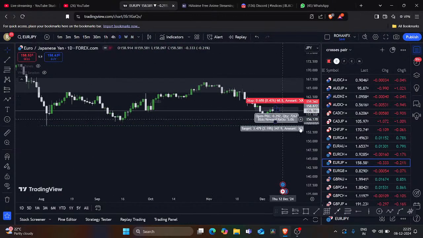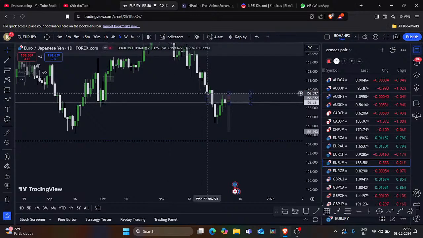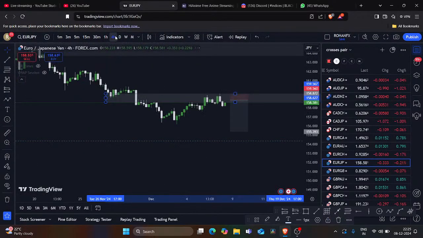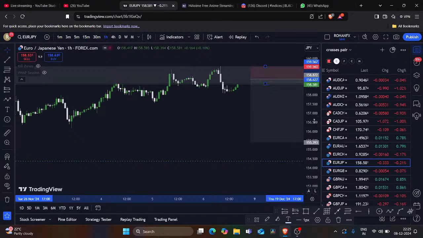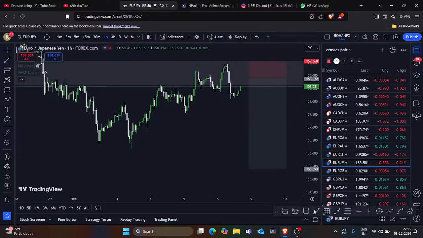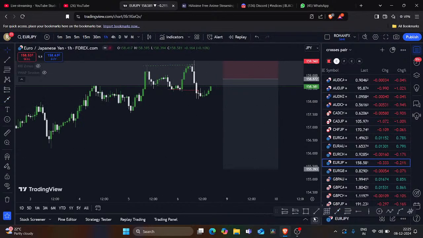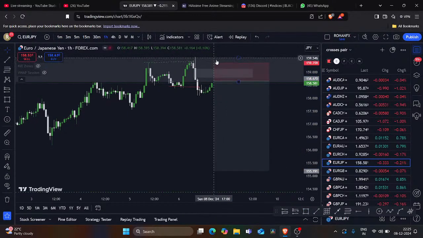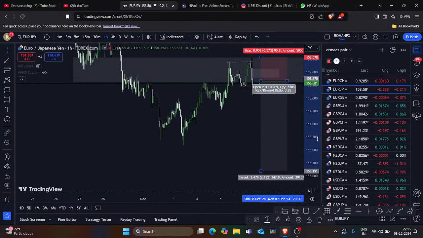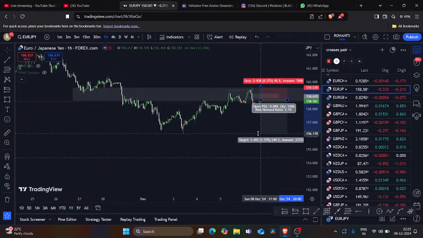So monthly, it's respecting that order block. Weekly bearish. In the daily time frame, it is respecting this fair value gap, so it's bearish in daily. Okay, in 4 hours, I think this is a beautiful setup forming here. There's a liquidity grab and a market structure shift. So we can expect a trade from this fair value gap or this. We can enter from this fair value gap or this with the stop loss of this. I think we can get an easy 1:2 targeting here.